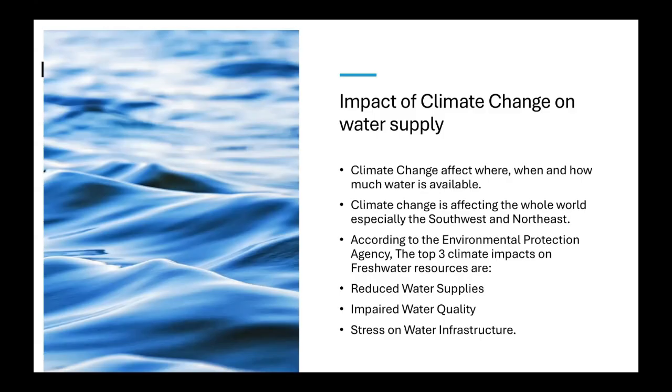Also, climate change is expected to worsen water quality by increasing pollution runoff and harmful algal blooms, also saltwater intrusion, all of which threaten freshwater supplies, aquatic life, and human health. Also, aging US water infrastructure faces increasing strain from climate change, as extreme weather and related impacts can damage systems, causing failures and creating competition for limited water and energy resources.